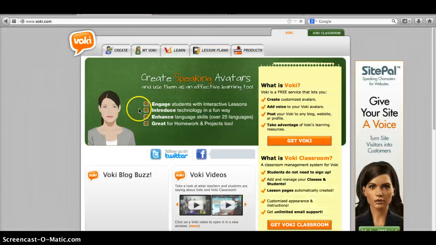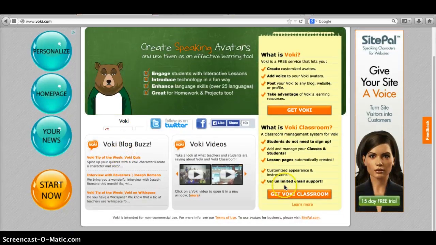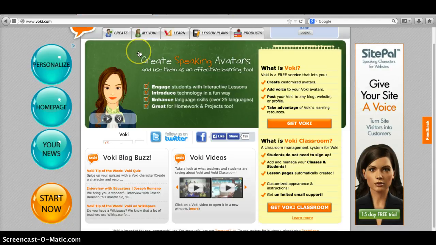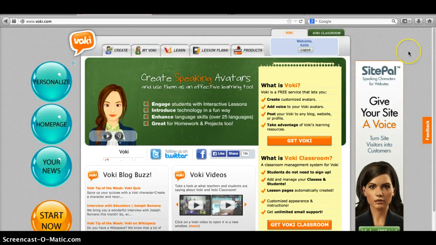There is a paid version, the classroom version, but I don't see how that would really be all of that necessary. It's really easy to use, as you can see, very user friendly, very clean, except for the ads. You can see on the left and right that there have been ads throughout the whole thing. And I'm not a fan of that, but I guess the site has to make money. But there weren't really many snapshots on how to use it, but it is very easy to use and it's self-explanatory, so I don't think it's completely necessary.